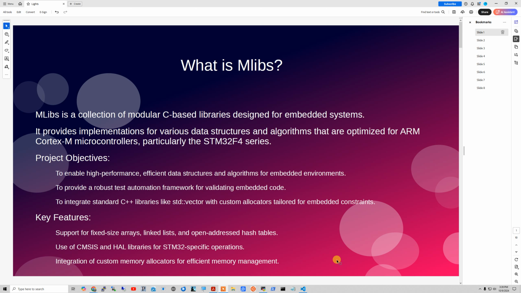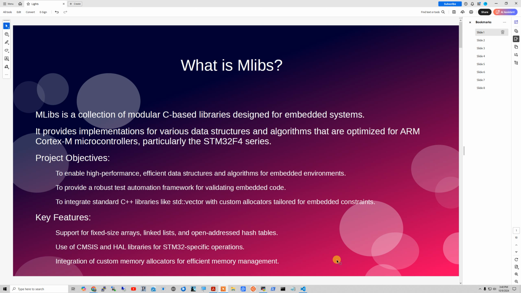It's mostly, though, not so much for testing the board itself, but for data structures and algorithms that you want to use in a constrained environment with limited resources like a microcontroller. And so, as I said, I want to provide standard C++ library type of semantics,